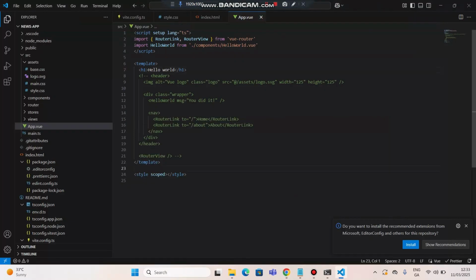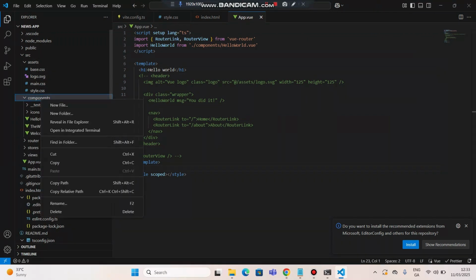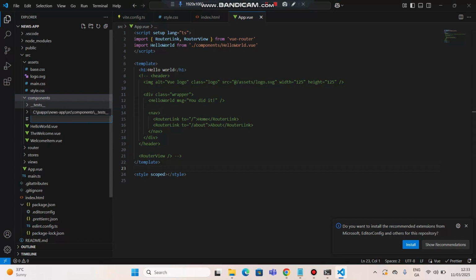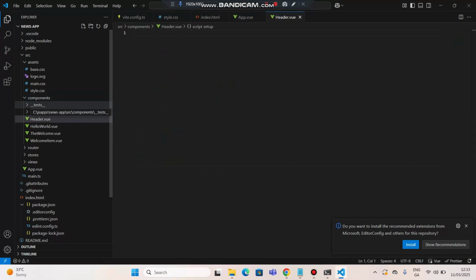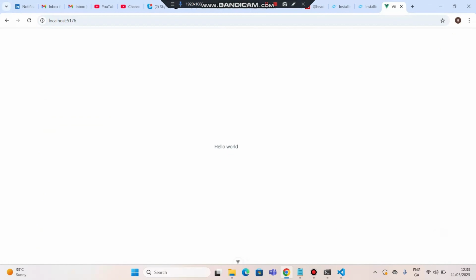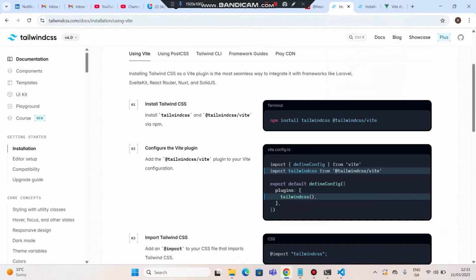Next, let's create a header component. Under components, let's create a new file, that is header.vue. This will be a header component. So now we'll go to the